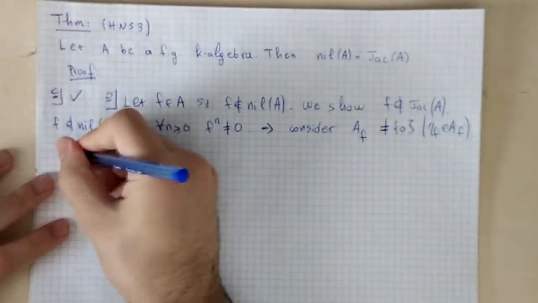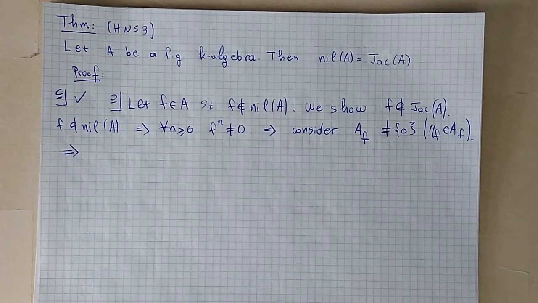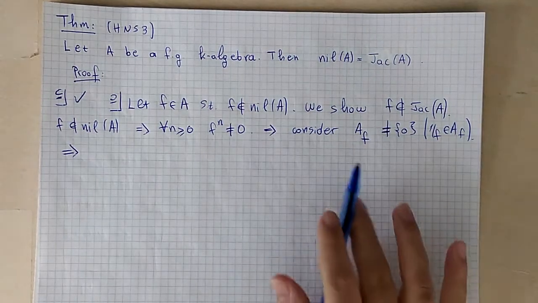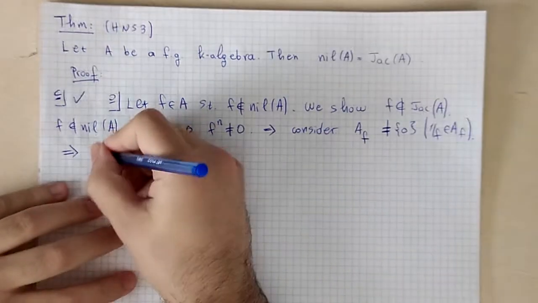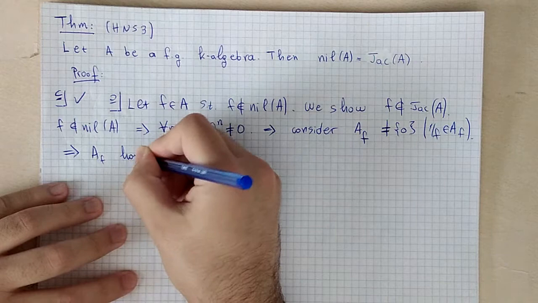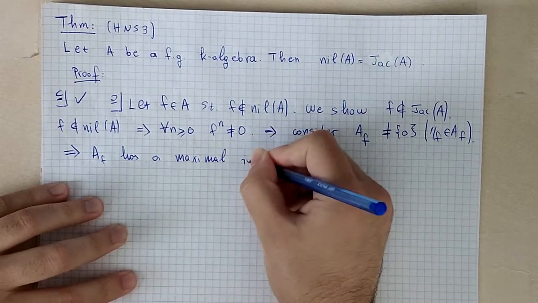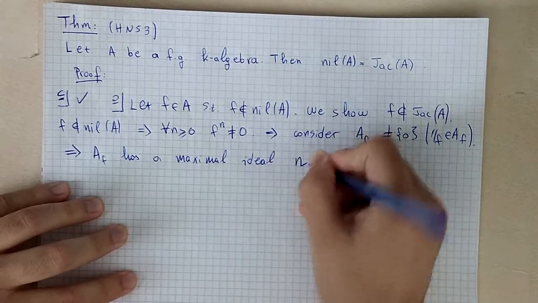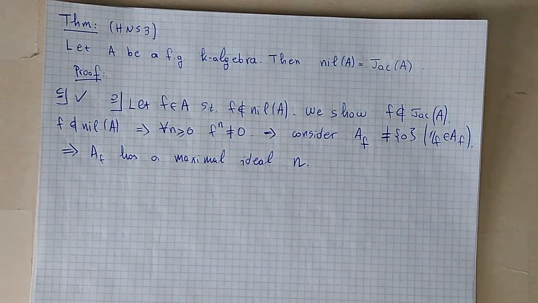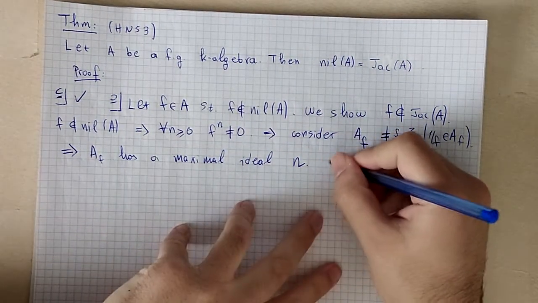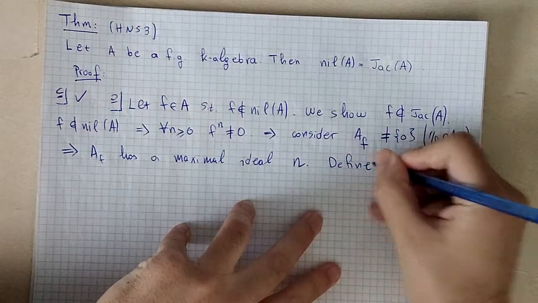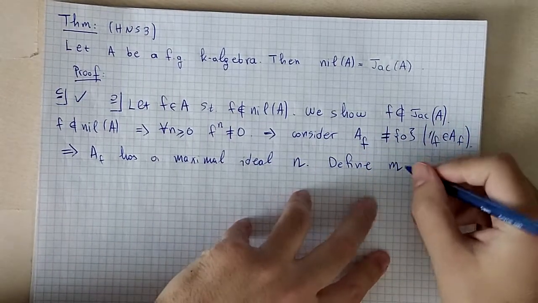But now we know, again using basic commutative algebra, that every non-trivial ring contains a maximal ideal. Right? So now we define M to be